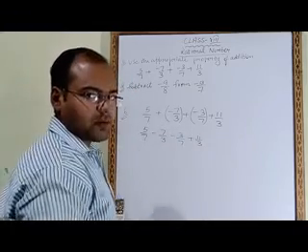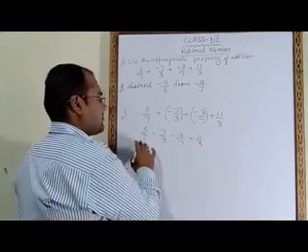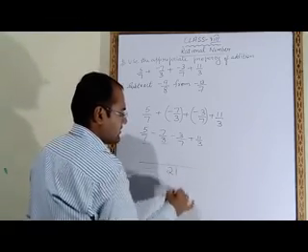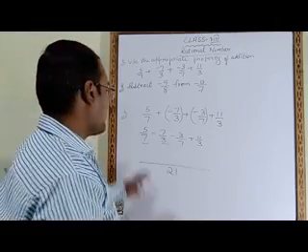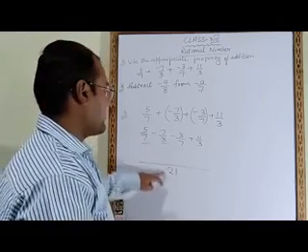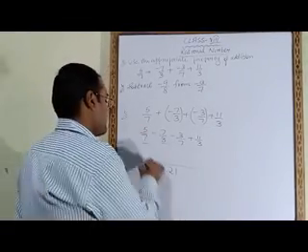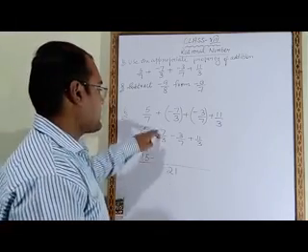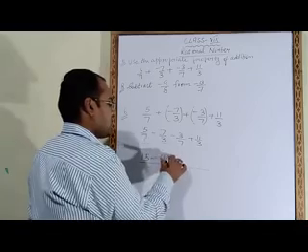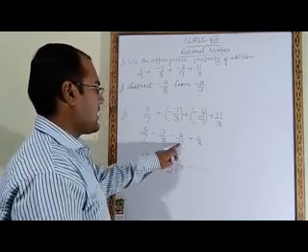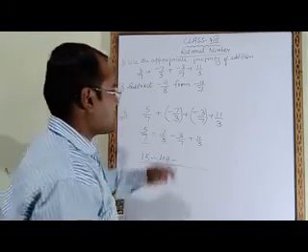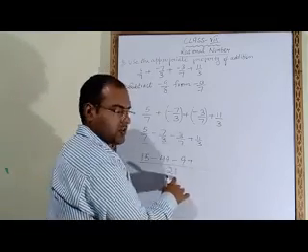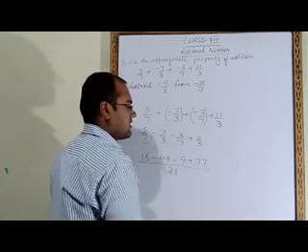Now what will be the next step? We will find LCM. LCM of 7 and 3 is 21. Now 7 3s are 21, that 3 into 5 is 15. Minus, 3 7s are 21, 7 7s are 49. Minus, 7 3s are 21, that 3 multiplied with 3 is 9. Plus, 3 7s are 21, 7 into 11 will be 77.